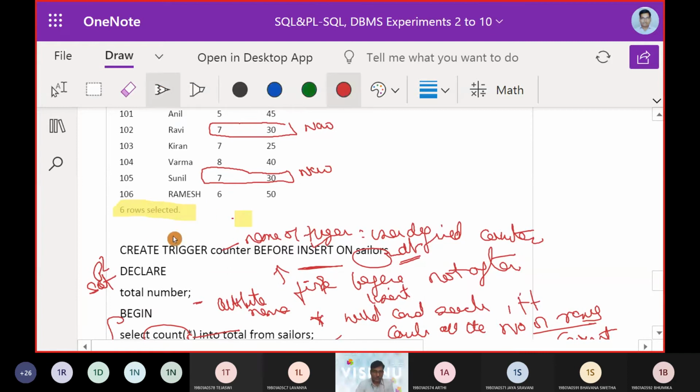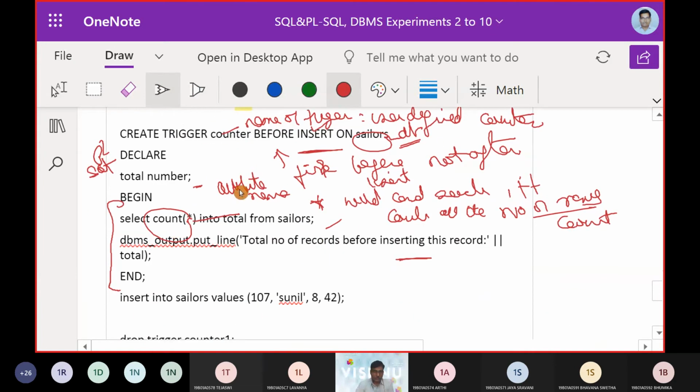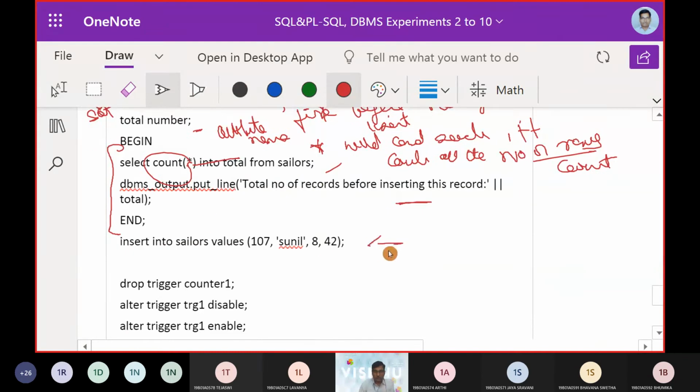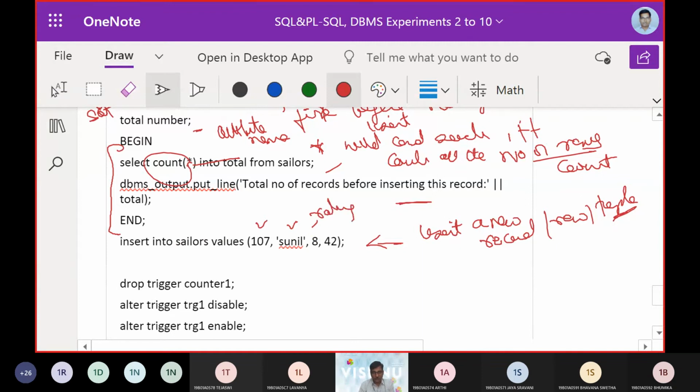Now we are going to insert a new record, or new row or tuple, whatever you prefer, but in our terminology it was tuple, the appropriate word for the DBMS. So insert into Sailors the values 107 and the name Sunil. His rating 8 stands for the rating and 42 stands for the age.